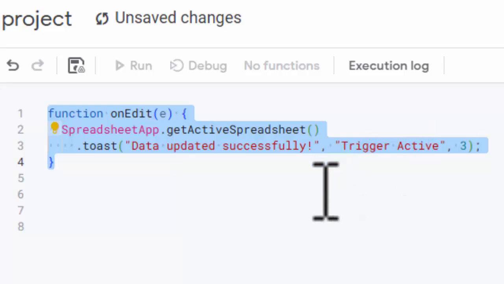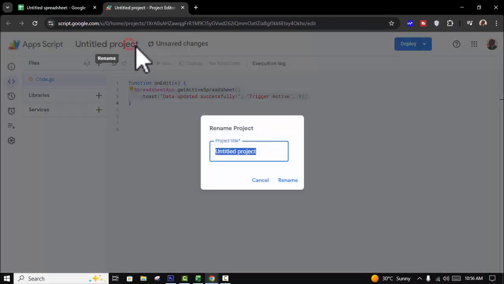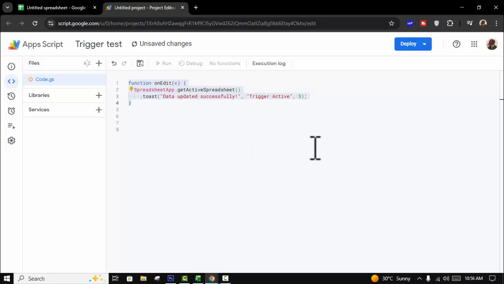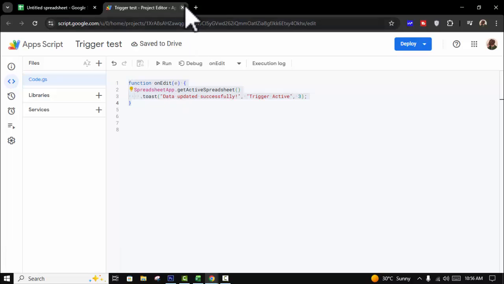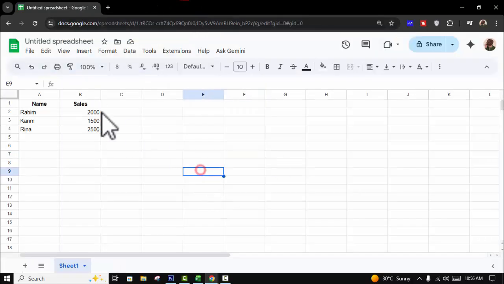Okay, then rename your project, for example, then close, save, then close and example sense data,